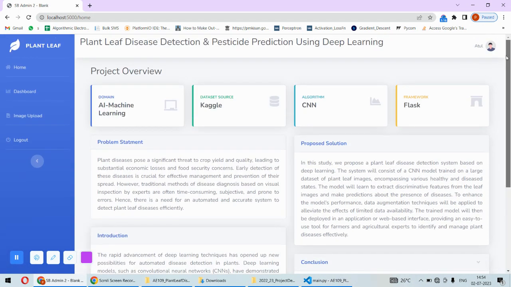Now here is the main dashboard, or what you can say the home page of this project. Here we are giving the overview about this project, that is the domain of this project, the data set, also the algorithm used and the framework used, also the problem statement, introduction, proposed solution, and the conclusion of the project. So overall, all the important information related to the project, or the short overview of this project, is displayed on